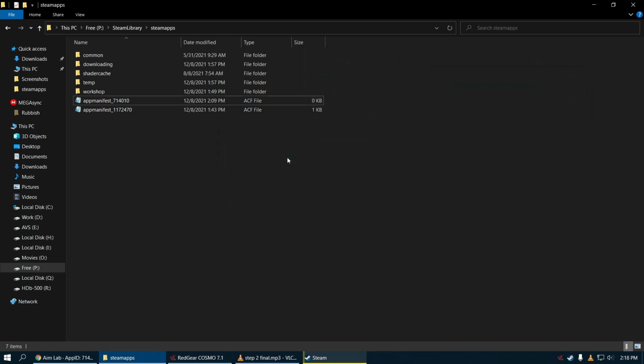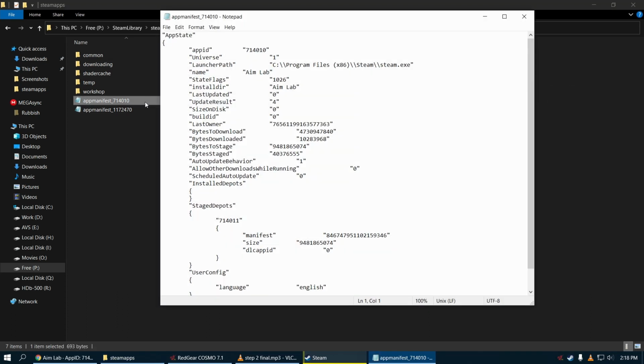Now, first thing you change in app manifest is change state flags to 4, which tells Steam the game is fully installed. Next, update result to 0. Next, copy bytes to stage figure and paste it in size on disk.